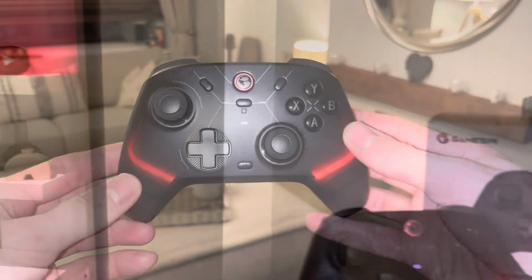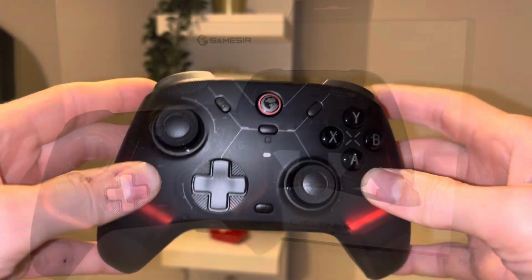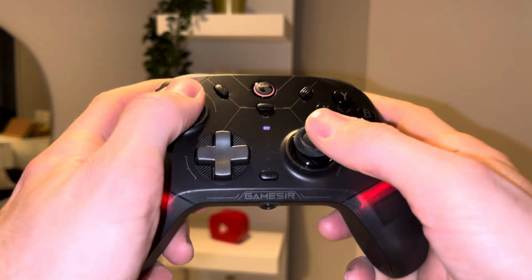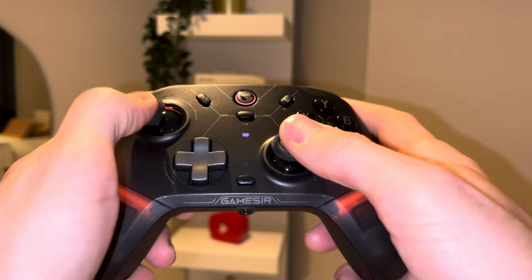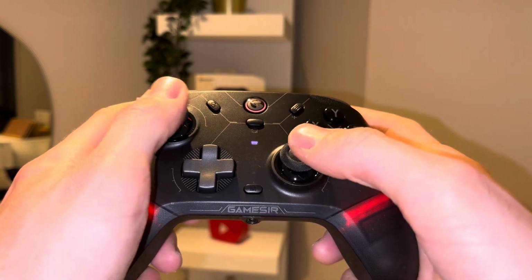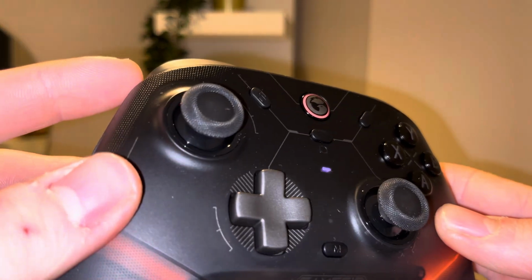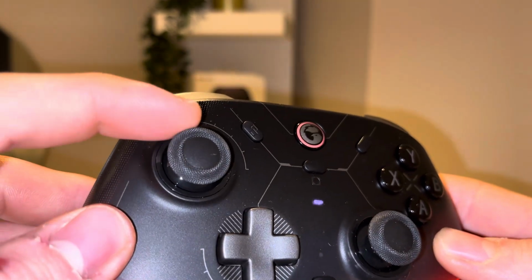Another feature worth talking about is the GameSir MagRes TMR Thumbsticks. Now, what are these, I hear you ask? Well, basically they are better Hall effect thumbsticks, meaning we get the safety in knowing that we should not receive stick drift, similarly to Hall effect, but also greater precision thanks to the better tracking, much more in line with